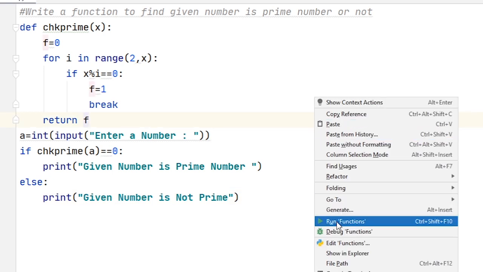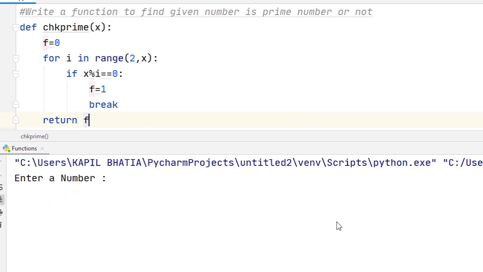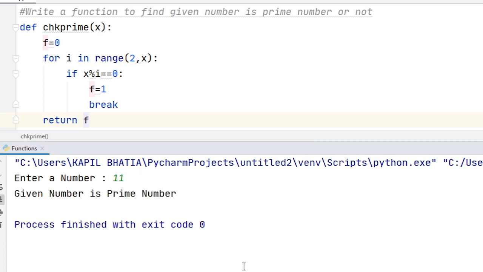Now I run this code. The prompt has come. Let me input the value 11. So given number is prime number. You can see the answer.